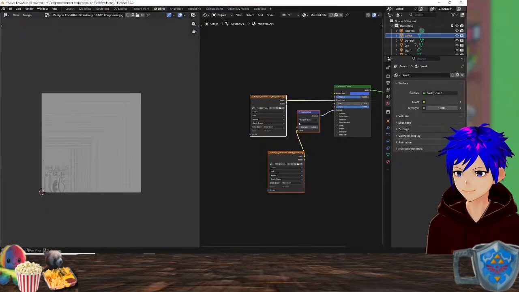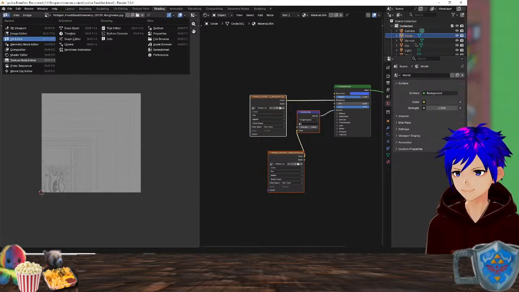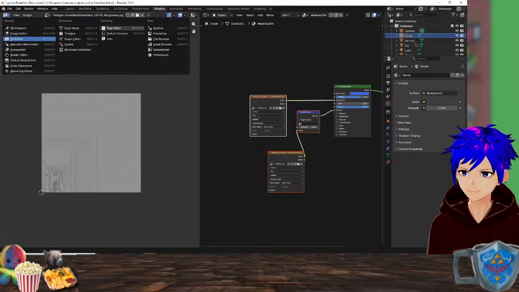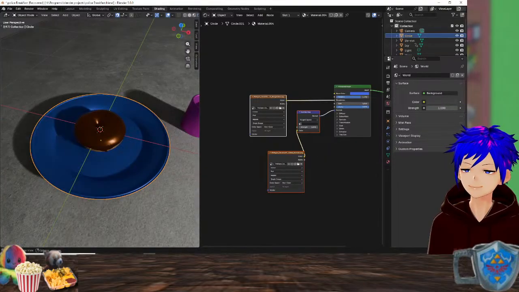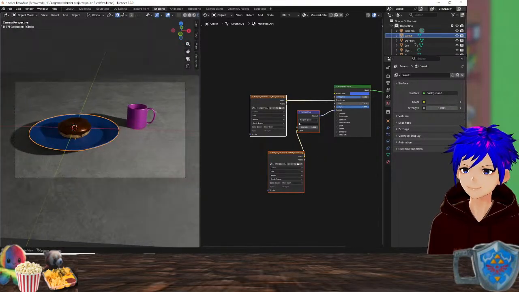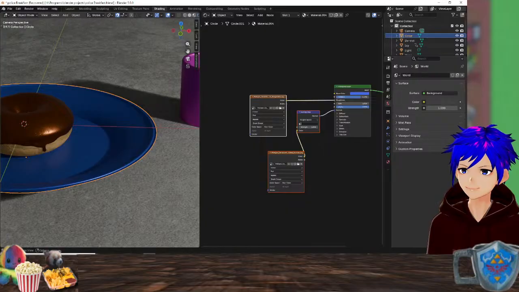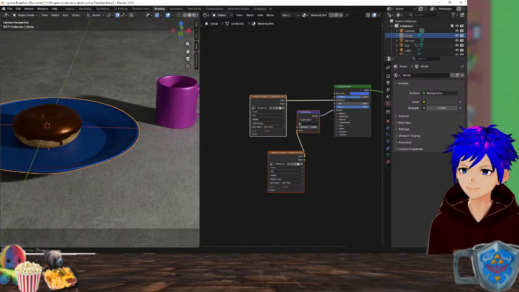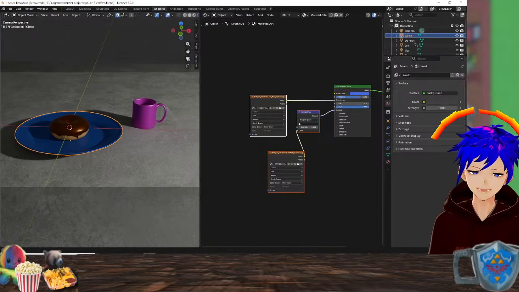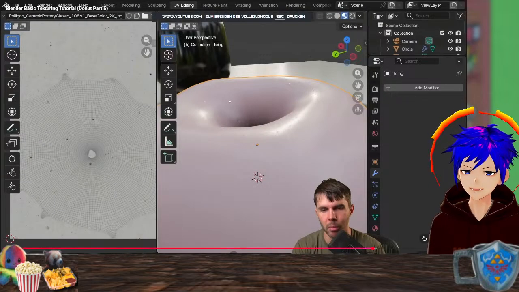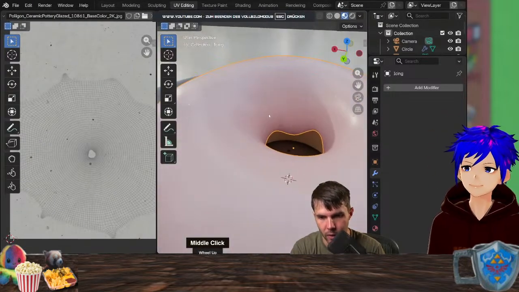But I have everywhere a thing now, don't I? UV editor. Texture node, shader editor. Python console. Don't think I need that. Honestly, this would look really good so far. I think I would be almost proud with that one. Properly mapped, and so we've got the texture going all the way in there.